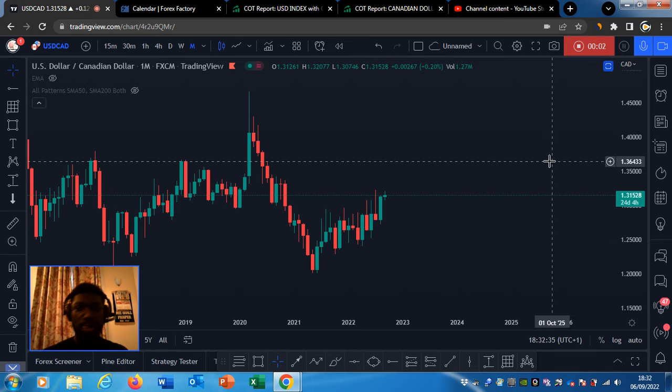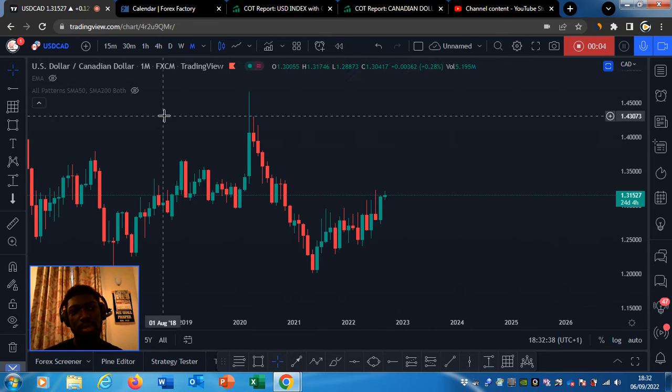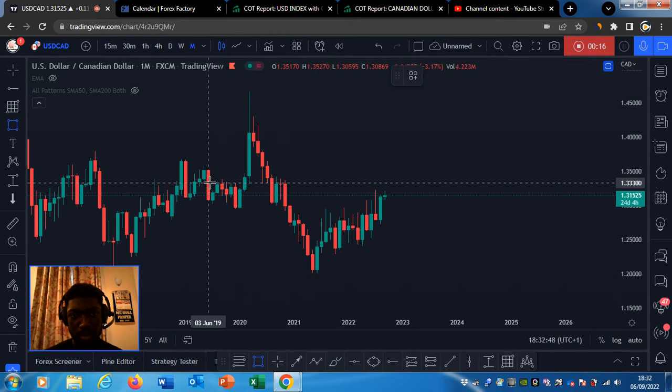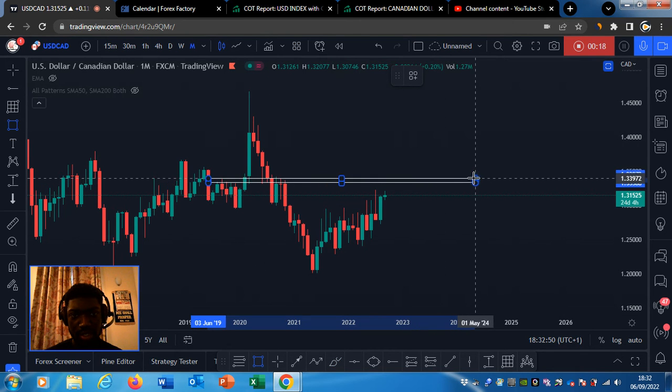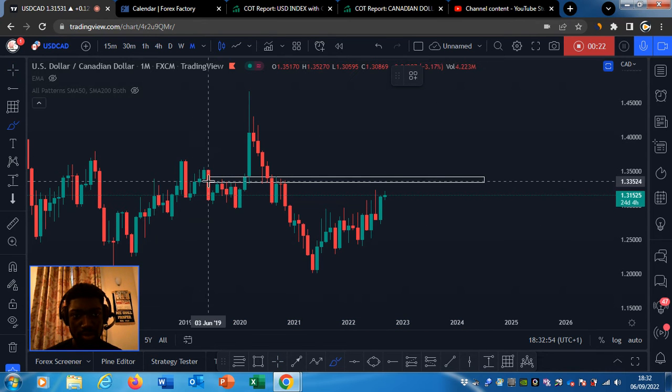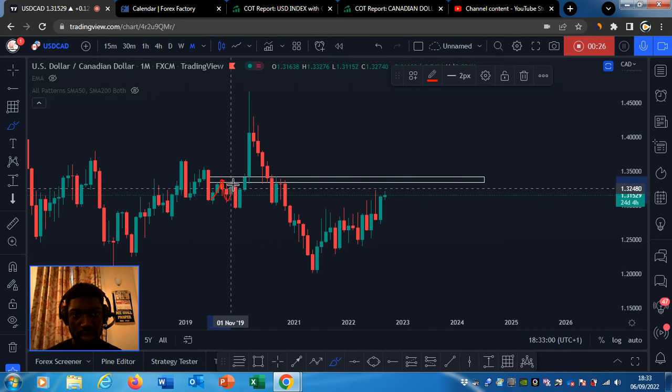It's your boy Prince. Today we'll be analyzing the CAD, the US dollar against the Canadian dollar. Starting off with the monthly time frame, we can identify what we call a key resistance here. As you can see, price came down, tested it once, went down again, came up,